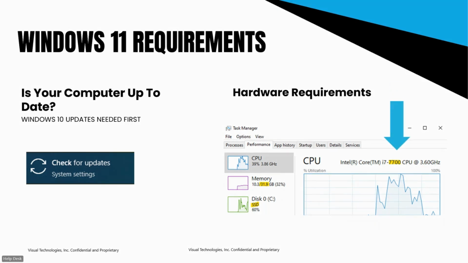First up, on the right there, is the highlighted number 7700. This is an example of an Intel CPU, and the first number in that highlighted portion denotes the generation of the Intel processor. 7th generation and older processors, like you see here on screen, unfortunately did not have the TPM that's required for Windows 11. So you are looking on your computer for a number that begins with 8 or higher.